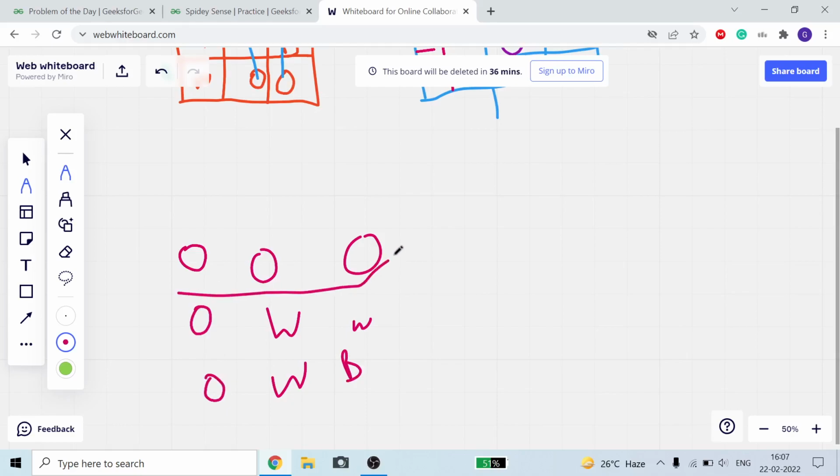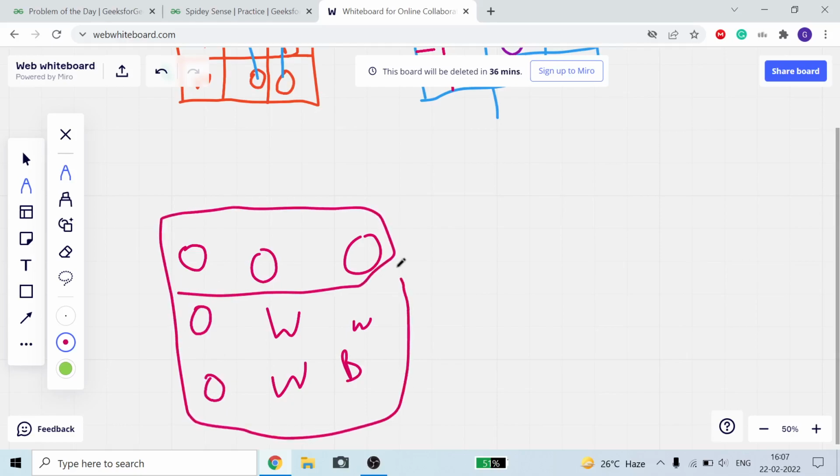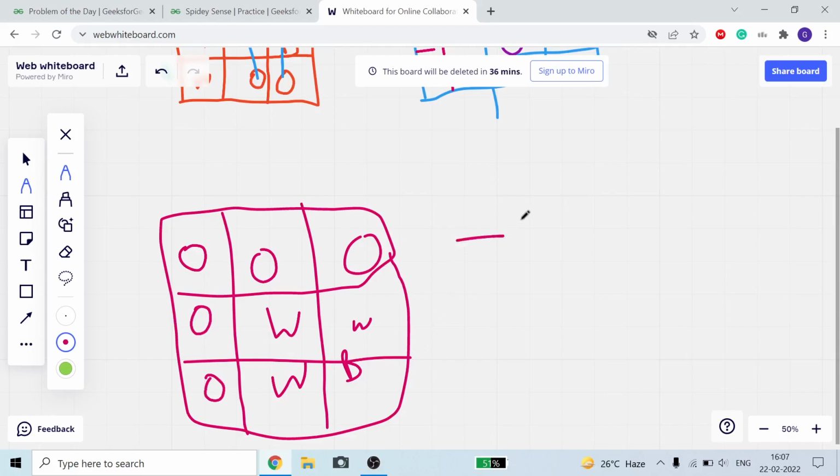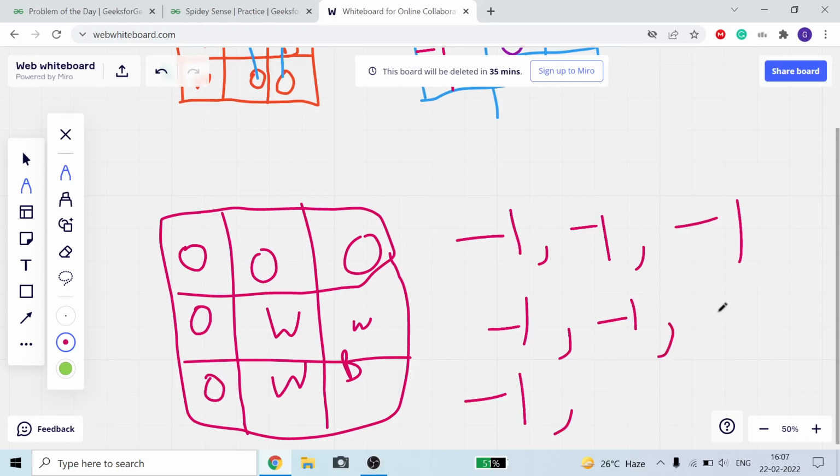Suppose this is a matrix. Then your answer will be -1 comma -1 comma -1. First row here -1, here -1. I'm telling you why it is equal to -1. For a wall it should be -1, for a wall it should be -1, for a wall it should be -1, for a bomb it should be equal to 0.